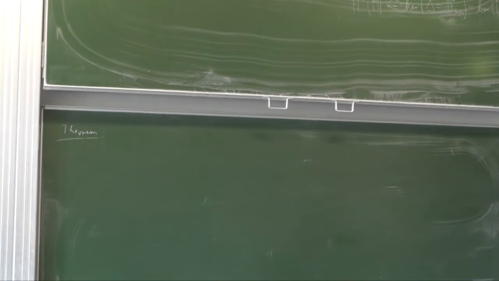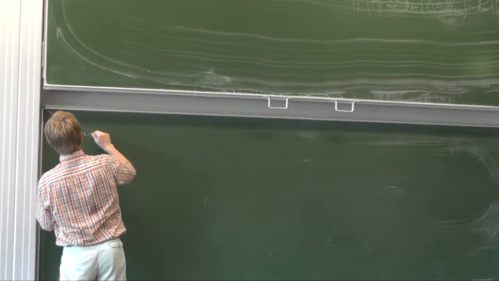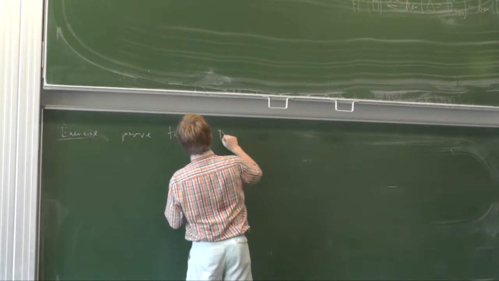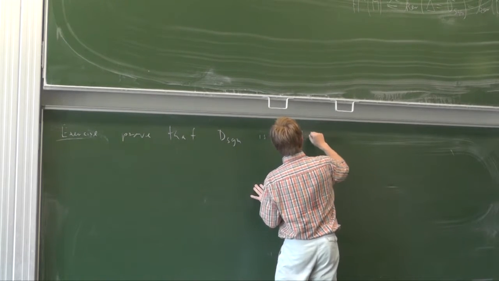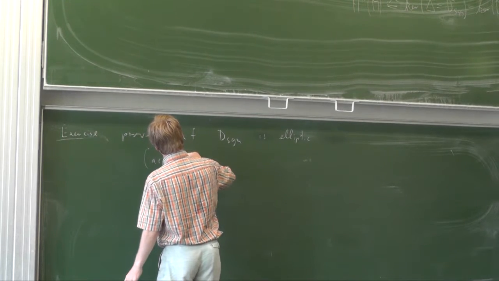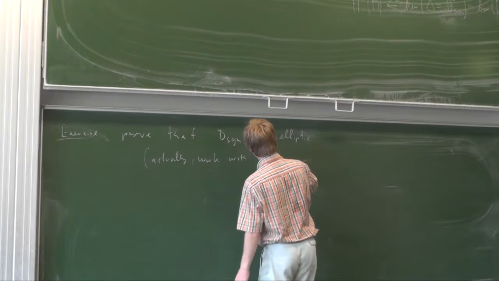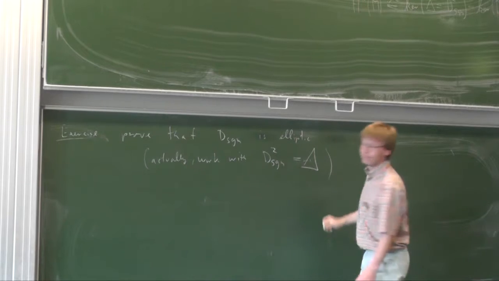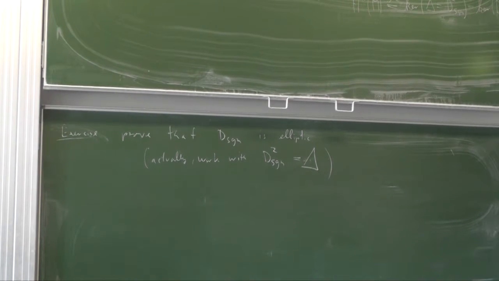I guess I stated it. So that is an exercise: prove that the signature operator is indeed elliptic. And I think it's slightly easier to actually work with the square of it, which is the Laplacian. I don't know whether this makes it so much easier, but then the symbol is